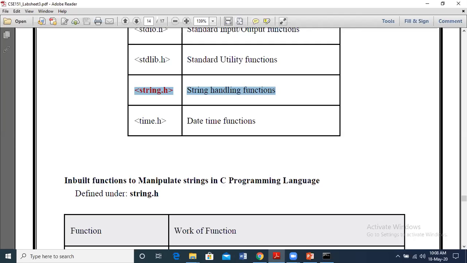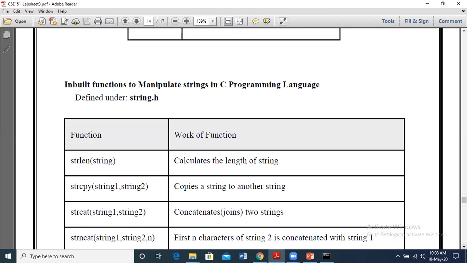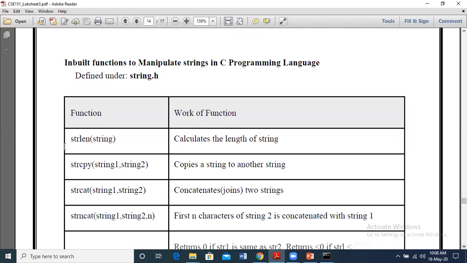So, string manipulation functions. We just saw the program for finding the length of the string. That entire program can be replaced by just one line. strlen is the keyword, which is the string manipulation function. It is built in, that means it is already defined, so we just have to write this much, with the name of the string. It will calculate and return an integer value, the number of characters in the string. So it will return the length of the string.